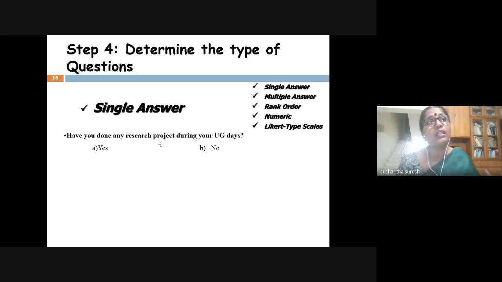It cannot be strongly agree, agree, neutral, disagree, strongly disagree, or low to high. So it is a very objective question, wherein they can say either yes or no; there is nothing in between. Not maybe. What is the meaning of maybe? Maybe means either done or not done. I am only not sure, but that's not possible.